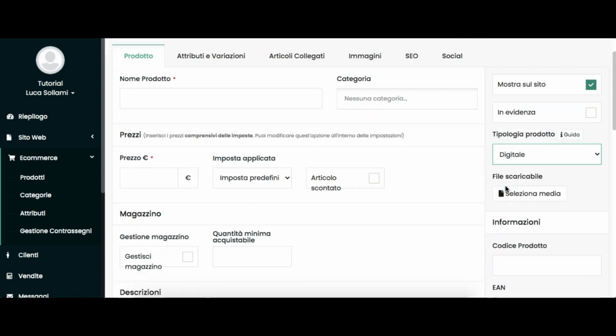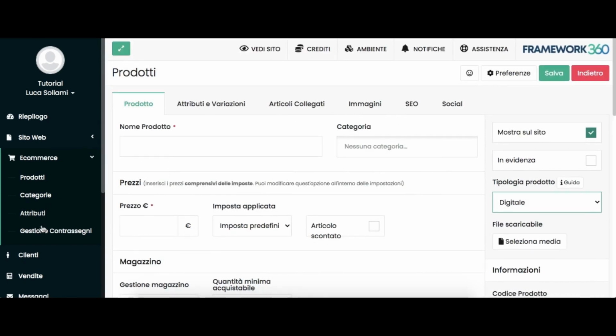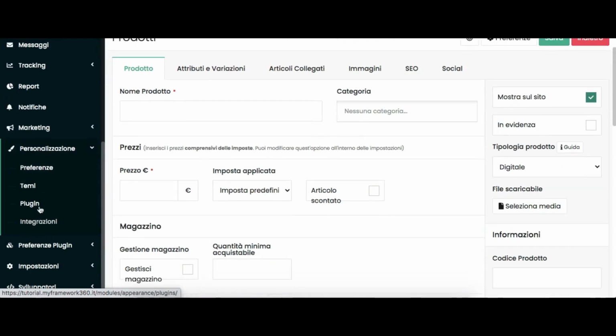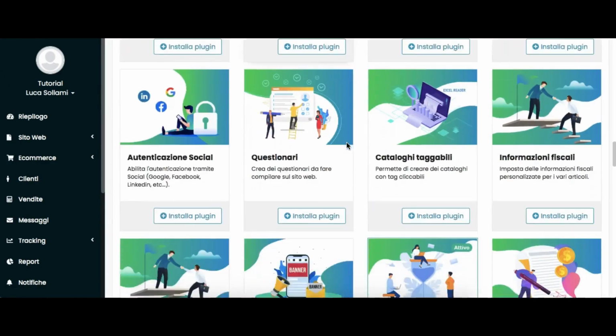If a person wants to sell digital products, they just need to upload the file to make it downloadable in the customer's area of the purchaser. Thanks to Framework360, as we can see, it is truly possible to do anything. We see that there are indeed many features and many more will be released